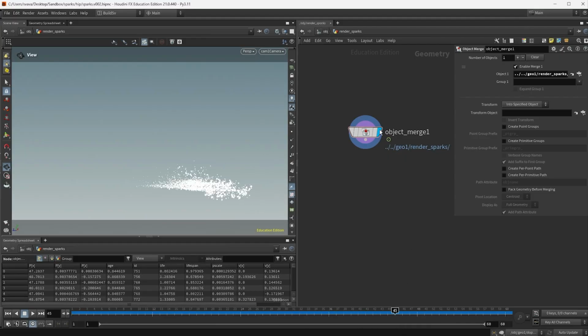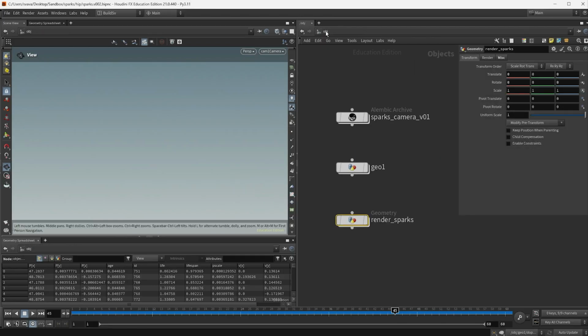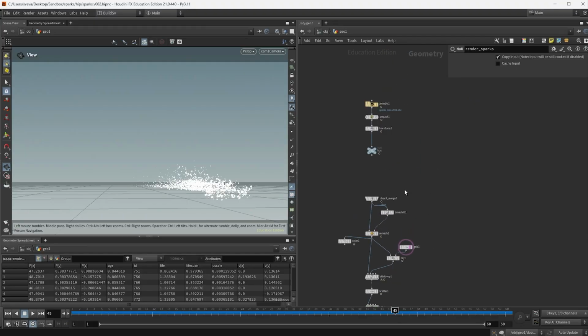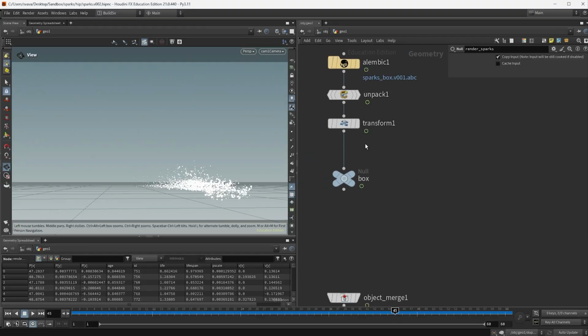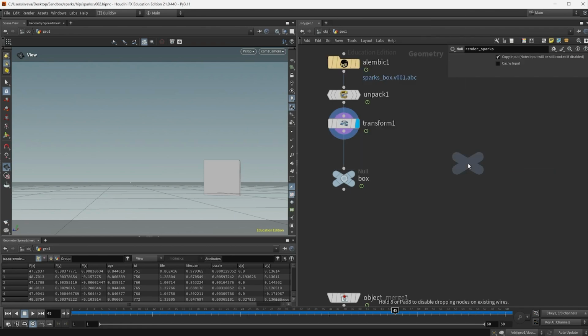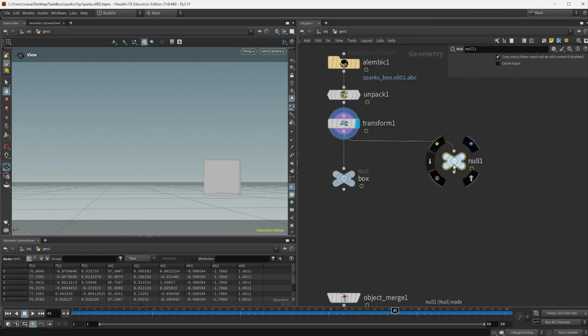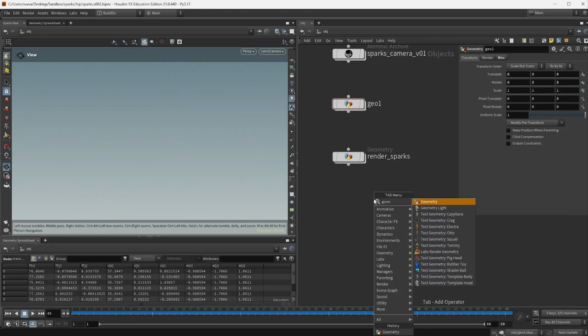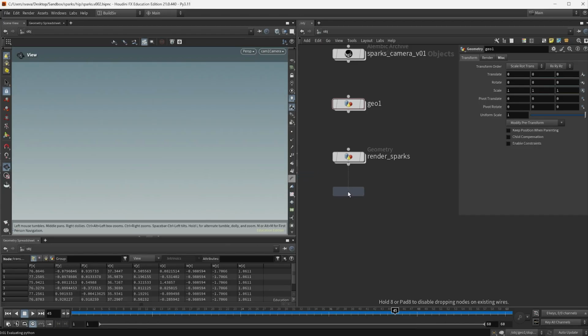I also want to do the same for the ground and also for the box. So I'm going to go inside of my system. And here, where the box is, I'm just going to put down another null. This is going to be render box. And then upstairs, I'm going to do another geometry object.